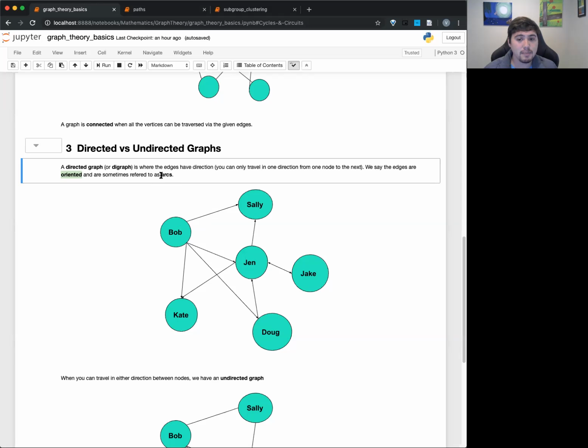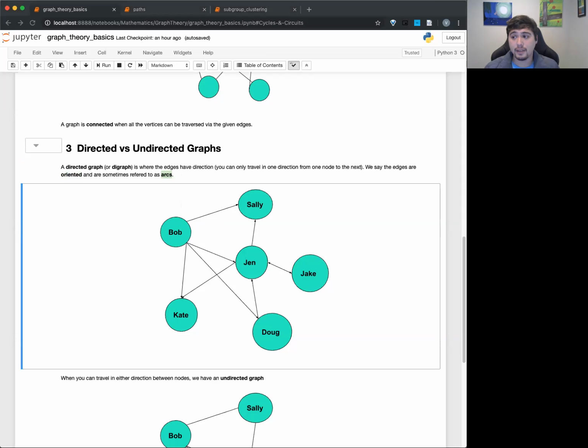This tends to be a little more mathematical, I think. In mathematics, you might specify saying an arc. Note that even though we have this edge going in one direction, there's no reason we can't have a second edge that goes in the other direction. So if Bob can go to Sally, but Sally can't go to Bob, we can make a new edge with a new arrow. And in that case, it can go either way, right? Note that because we can have